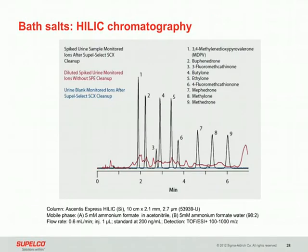So when we use HILIC chromatography for looking at this set of compounds, the HILIC chromatography resolved all 9 compounds very nicely. You look at single peak for each compound. And also shown on this figure, the red line is when you inject the diluted spiked urine, you cannot see the very nice peaks. You can only see the matrix background. This was done by time of flight detection. And the blue line is the urine blank after Supel Select SCX cleanup,